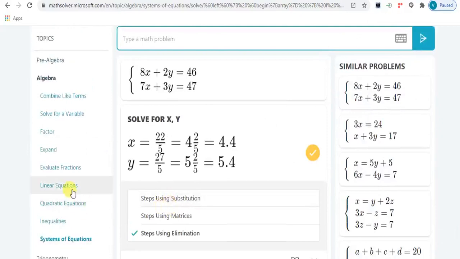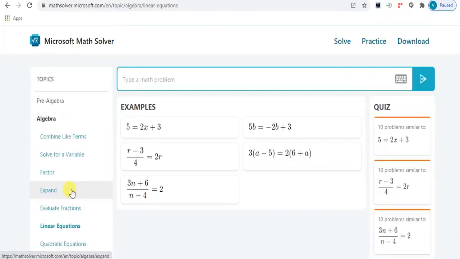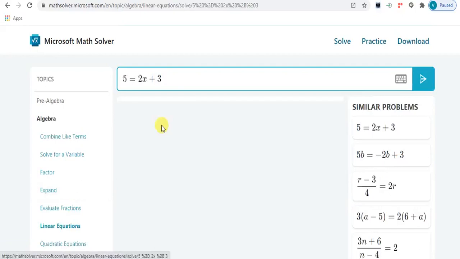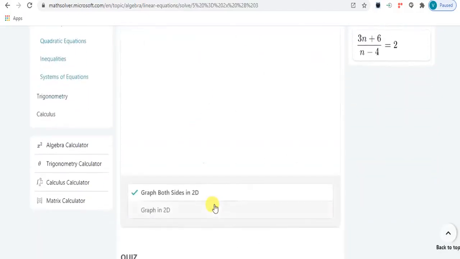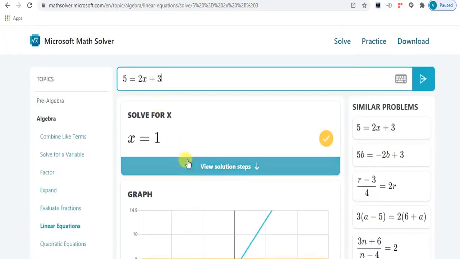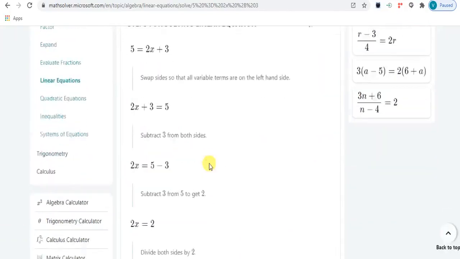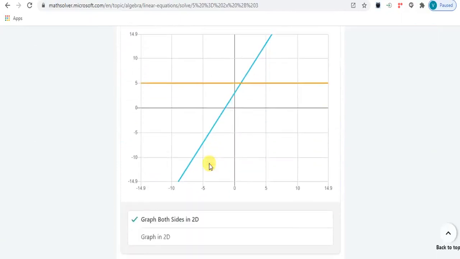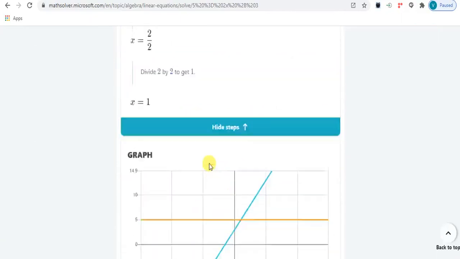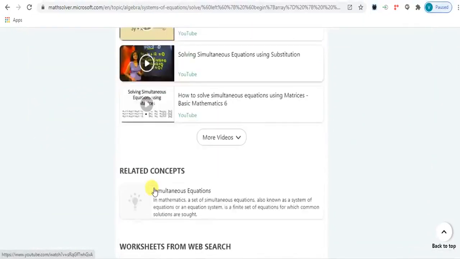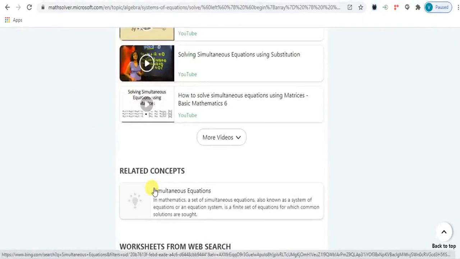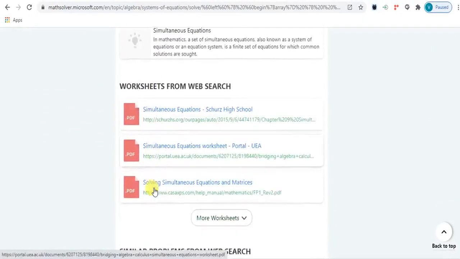Now one more example, suppose linear equations. If I select this one, it takes some time due to online. It shows the solution here. It also shows the graphical solution of the linear equation. It also shows a quiz on similar types of problems, videos, more concepts related to that topic, worksheets from the web search,